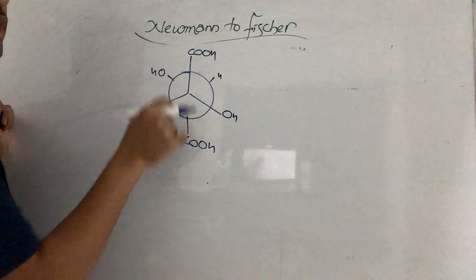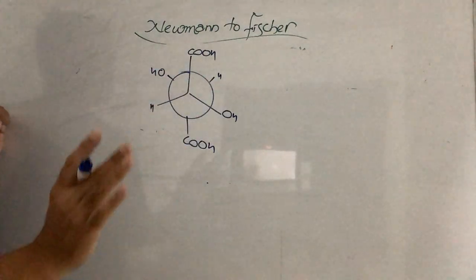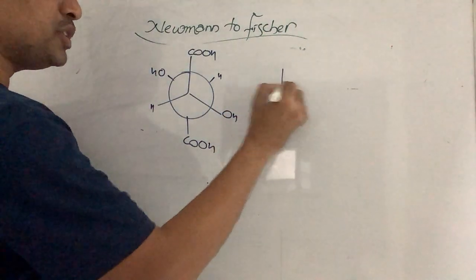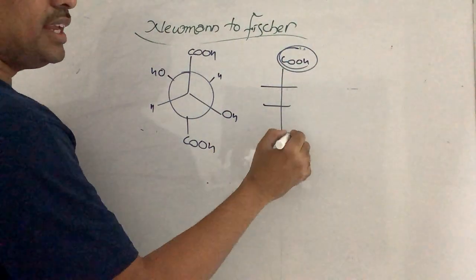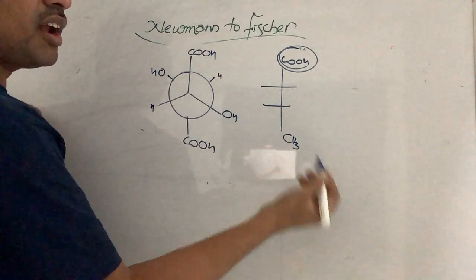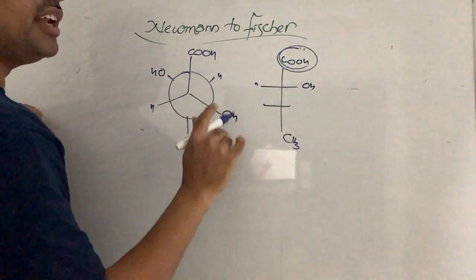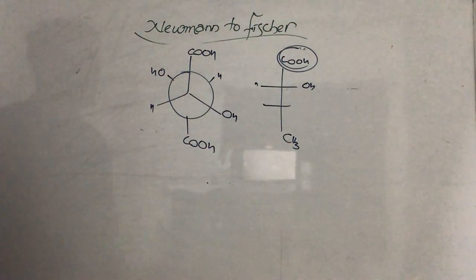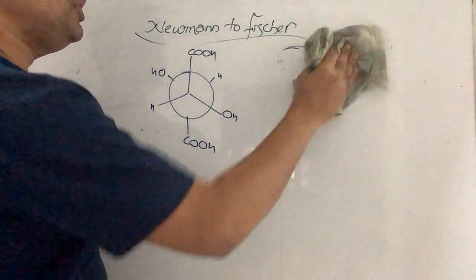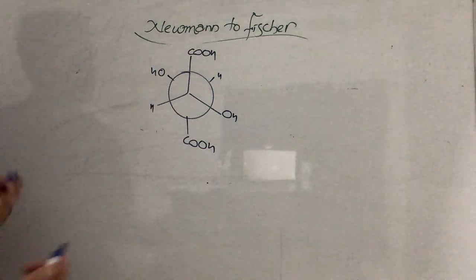Better is you rotate it by 180 degrees, COOH will go back, because in general when you are writing Fischer projection, here it must be the highest oxidized form and here it should be like methyl or alcohol or aldehyde. Okay, whatever the OH and H groups are there, they must be on the left and right sides. That is the right way of expressing the Fischer projection. You can write in any sense, because finally we can write the RS configuration and that you can do.